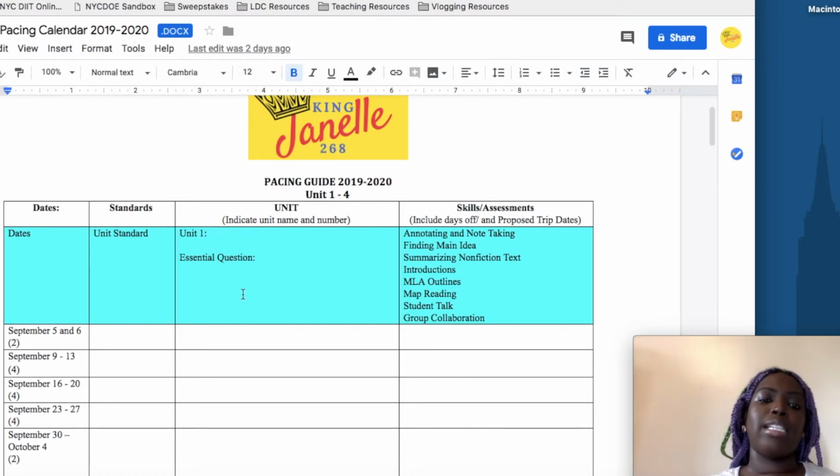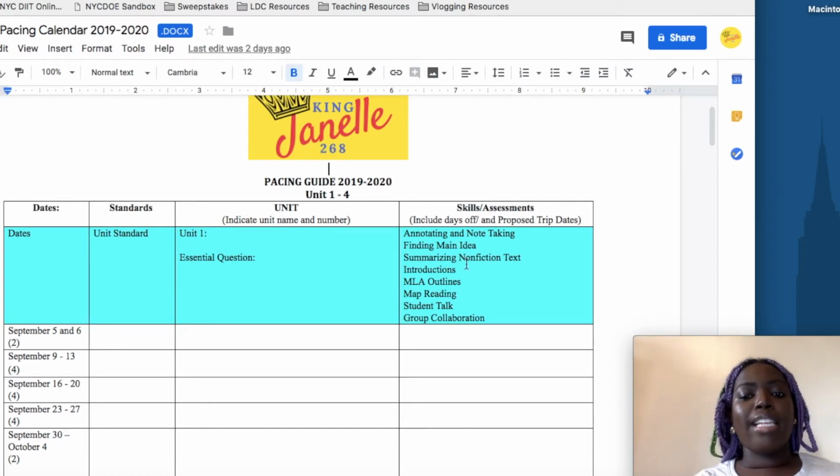This is important because any effective teacher knows that there should be an essential question or goal for which the students will be working towards, and skills and assessment. I kept this information here because, as I said, if you want, I can send a blank pacing calendar to anyone that wants it, and maybe my skills and assessments might be something that you want to use,